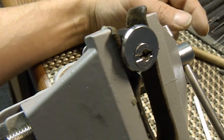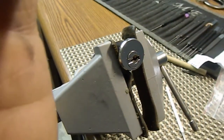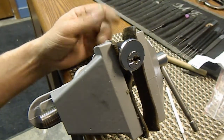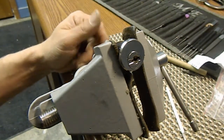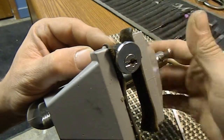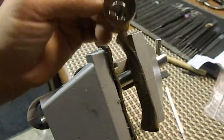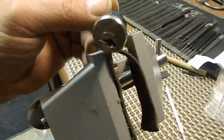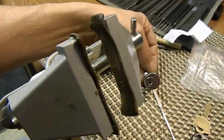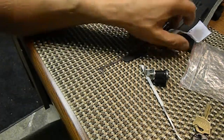Let's zoom out and see if we can get this thing. It was interesting, but it was a peanut lock. Only a 4-pinner, I think, because I only felt 4 pins that I was picking. So it shouldn't take that long to get into, I wouldn't think. Keep that in frame, I guess. Let me get my... Did I zoom out? Yeah, I did. Okay. Let's get my vise out of the way. Get my pinning tray out and try to keep all this...